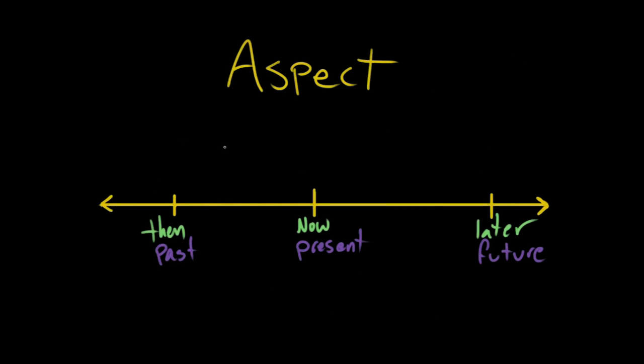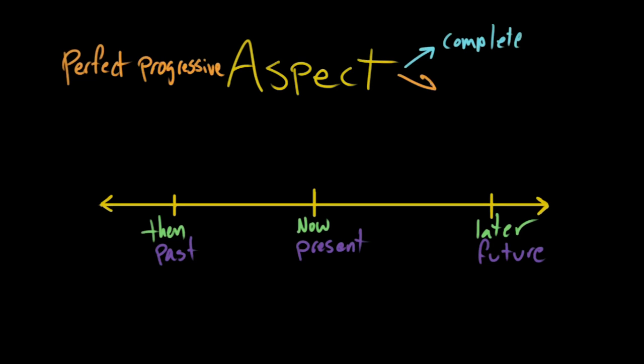Hello, grammarians. Previously, I had covered three of the basic aspects of English, and that's simple, perfect, and progressive. And so there's just one more, and it's a combination of the last two, and it's called the perfect progressive. To recap what those two things do, the perfect denotes something that is complete, and the progressive notes something that has been ongoing. And it seems like those two things together don't make a whole lot of sense, but I promise that they